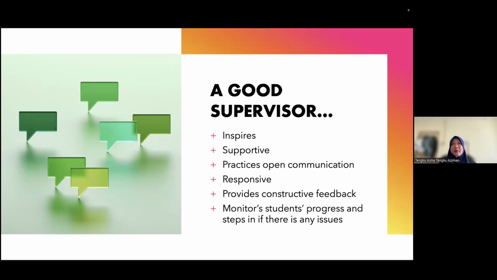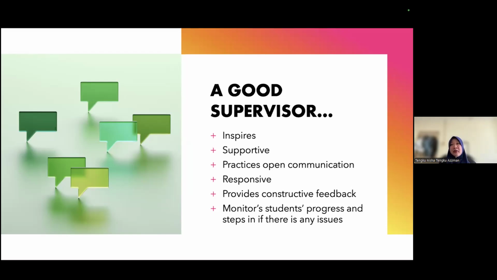I think a good supervisor should be flexible with the platforms that you choose to communicate with your students. For example, you can use WhatsApp or Telegram, or it doesn't have to be face-to-face. I do Google Meet sometimes. I do admit as a HOD, my schedule is sometimes not very flexible. I have meeting schedules and things like that. Sometimes they are last minute. So you have to be flexible. And I do meet students after 5 p.m. if necessary, because that's the only time that they have left.